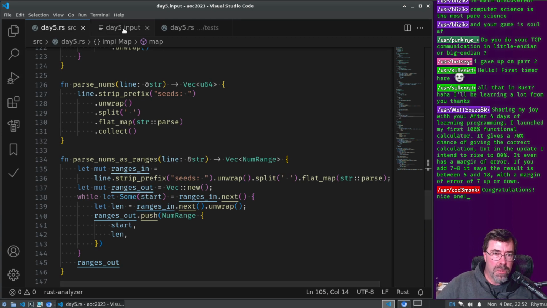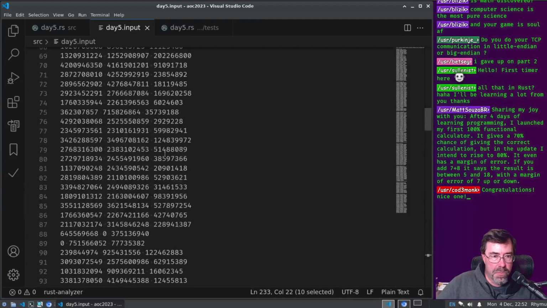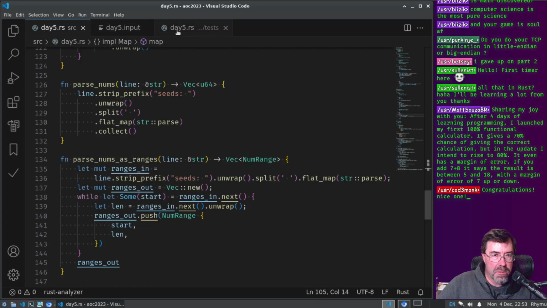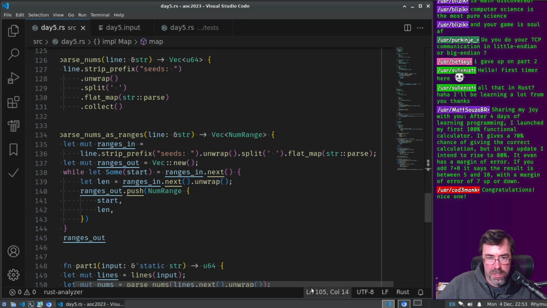You know what would have really killed me is if any number was larger than 2 to the 64, then I would have really been screwed. Actually, I guess you could do U128 in Rust, but after a certain point, you can't represent your numbers anymore without a really complicated number type. Yeah, this is a brute force breaker. We've hit our first one on day 5, pretty early actually.